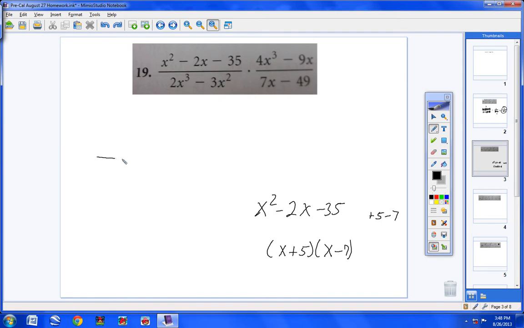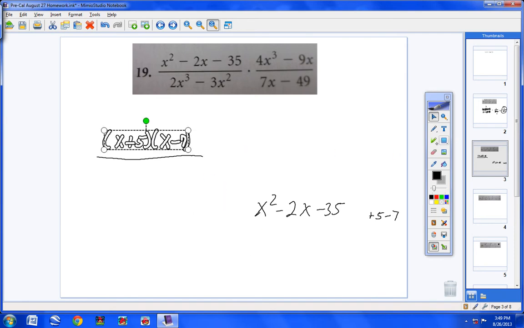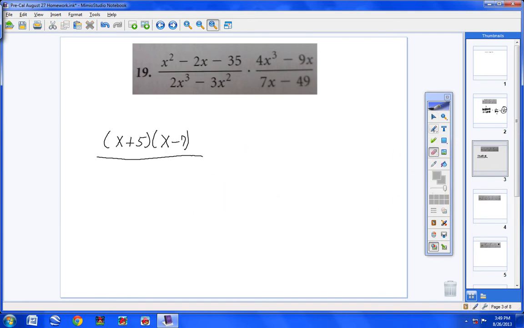So I'm going to put a fraction bar right here. And I'm going to grab this factorization. I'm going to drag it up here. All right, there we go. Now let's go ahead and let's see if we can't factor this part right here, the denominator. All right, so what I would have would be 2x cubed minus 3x squared. The first thing you do is always pull out what's common. I cannot factor anything out of a 2 and a 3, but my x's, I can pull out 2 x's,